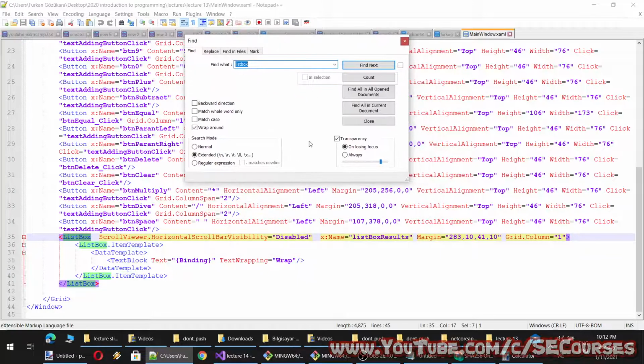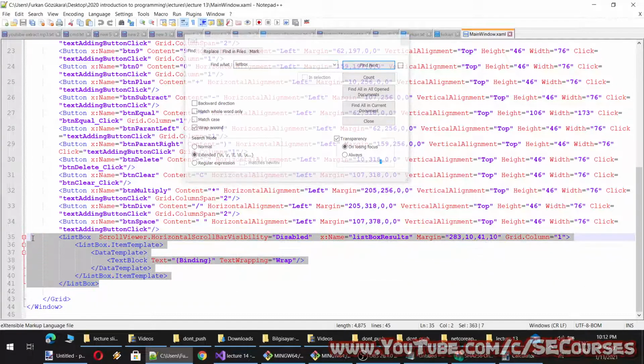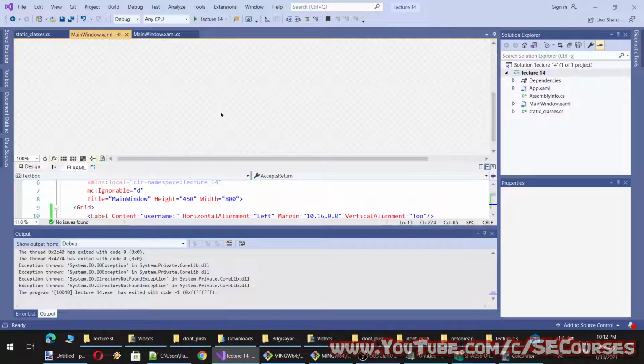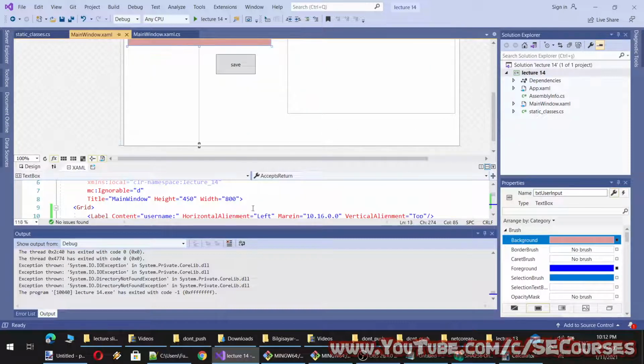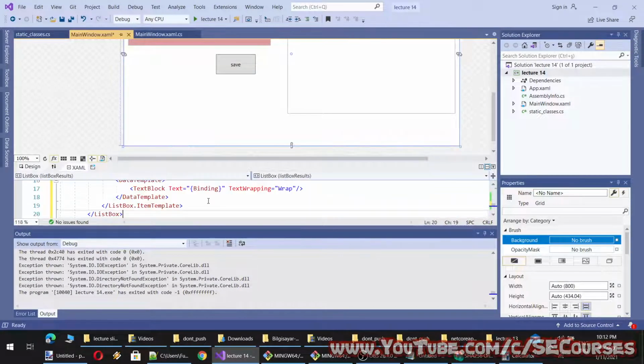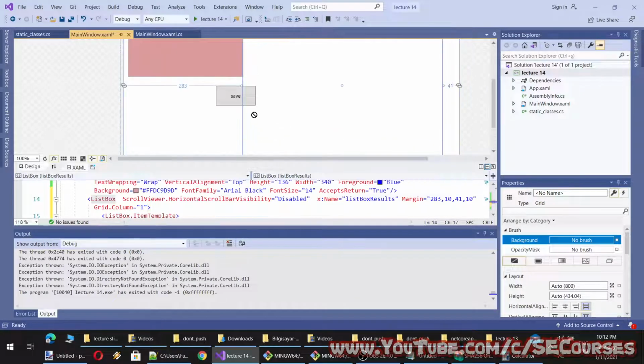And to be able to do it, I think we had used this. Okay, yeah, let's just copy and paste this. We will change our list box on this one as well to be text wrapping. Okay, I will resize it.